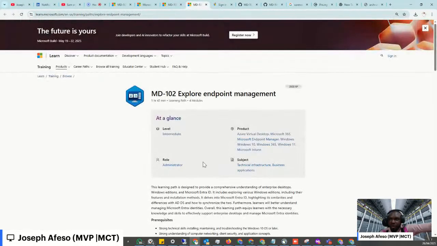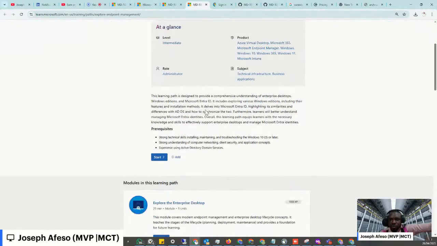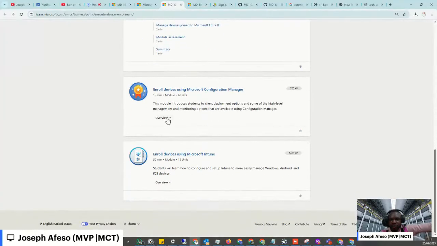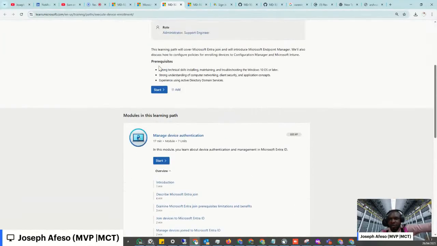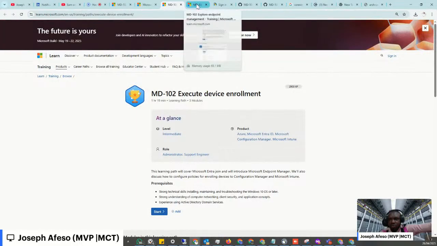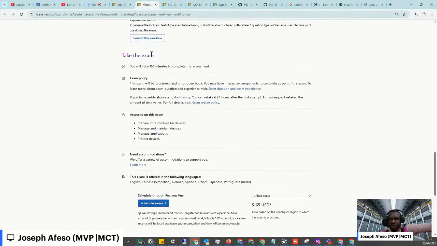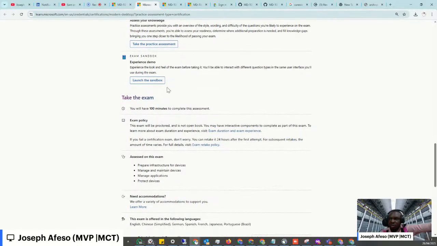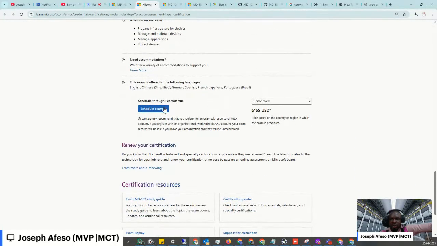So basically, the step I take is to go through the documents from Microsoft Learn this way, one after the other. Then once that is done, come to practice assessments and take the practice assessments. I already know how the sandbox looks, I mean how the examination looks, so I don't always come to sandbox. But if you are new to this, you may want to just try the sandbox and see how it is. Then once you are done with that, you can schedule your exam, but you have to have a Microsoft Learn